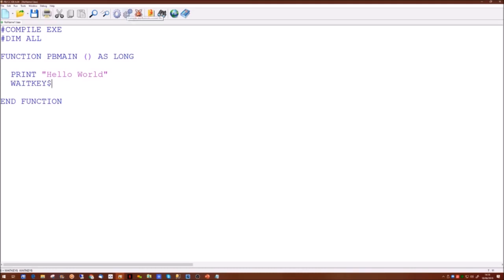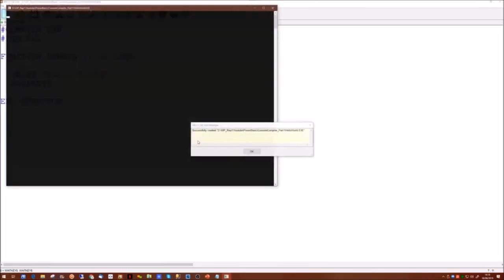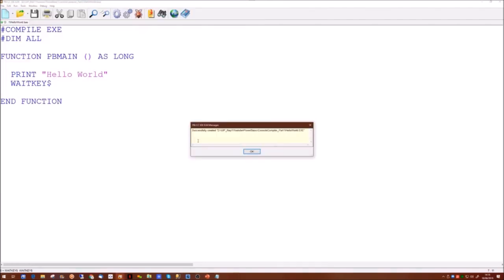Now if we run this one, it will first ask us to save it. So we'll give it a name with a .bas extension. And there it's running. So there we go, hello world on the screen. Not terribly exciting, but it works. Press the button and it disappears.